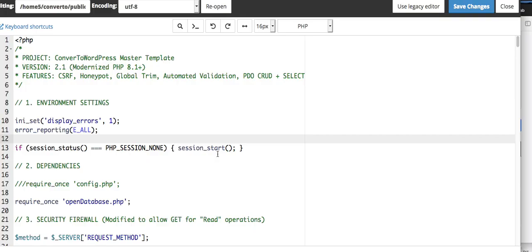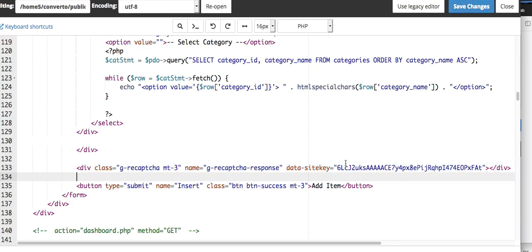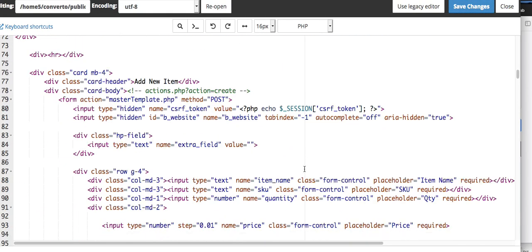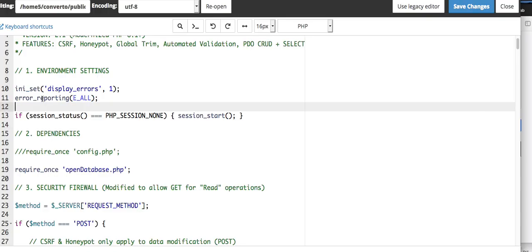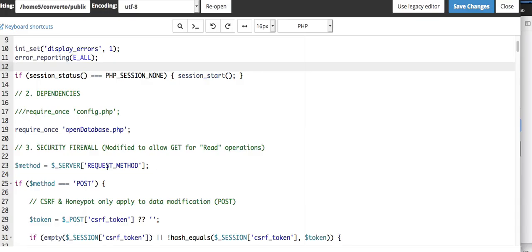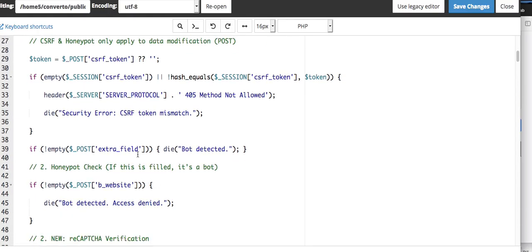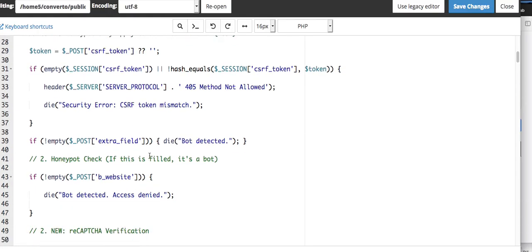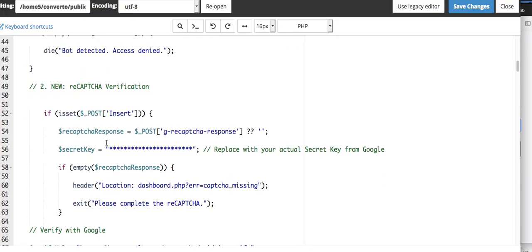Remember how I showed you in your master template, here is where you put this information right here. Look, the stuff here, and then you have to make sure you have the API set up in the head of the HTML file. And this is the actual template, right? It goes through. You've seen this already, right? It opens up the database. It finds out what the request method is. Remember, we're checking for the token, right? We're checking for that extra bot detection, right, from the little bots, and then we check to see. Here it goes. We added this new section,